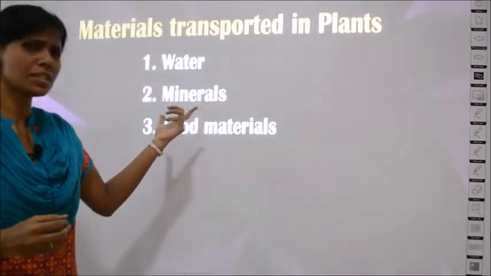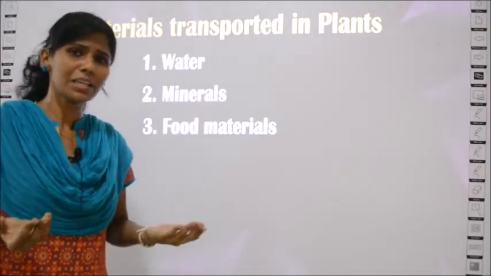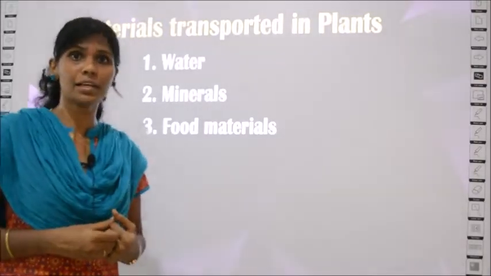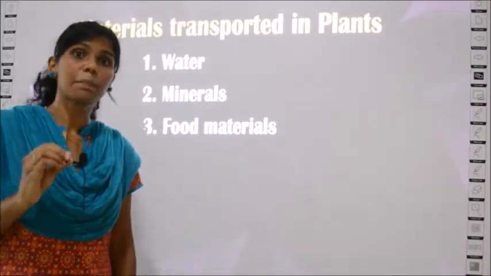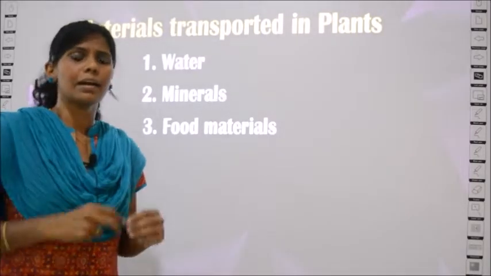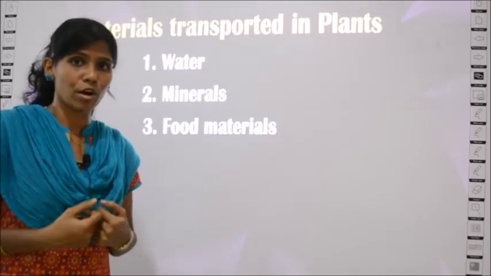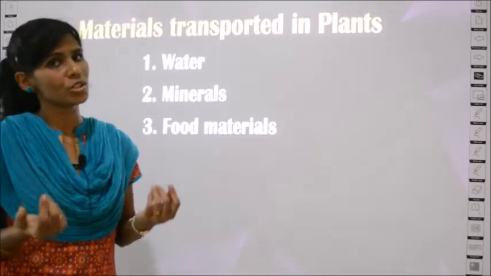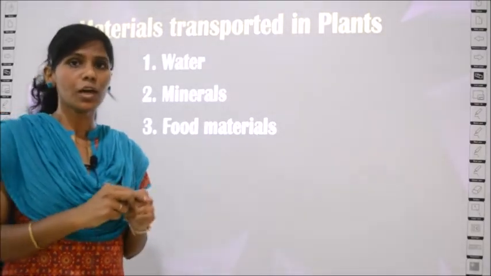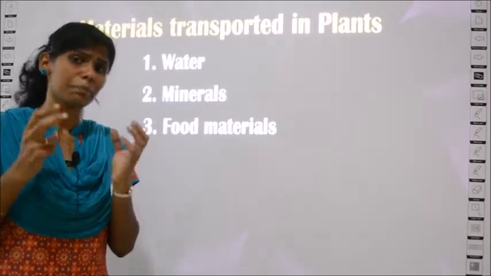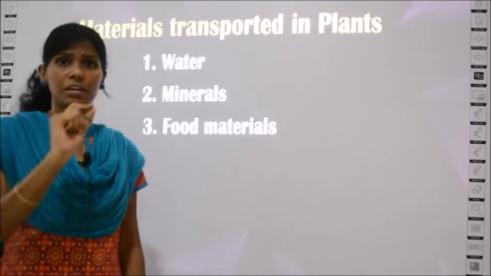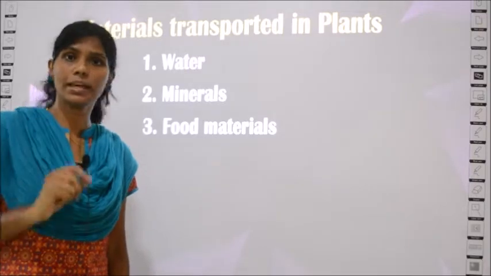The second one is minerals. So where are the minerals in plants? Are there minerals in plants? Have you heard something like that? Actually the minerals are present in the soil. Either you apply them in the form of fertilizers or naturally also minerals are present in the soil. But minerals are solid materials, right? So directly they cannot ooze into the root and enter the plant.